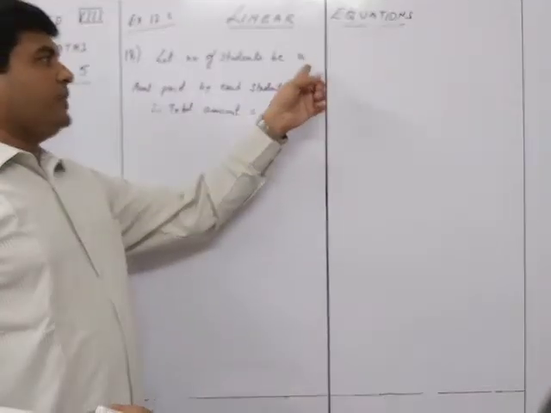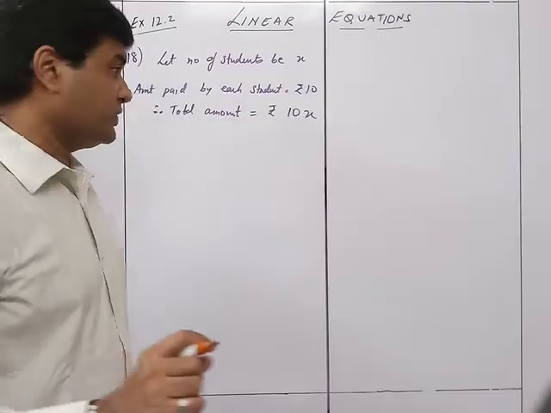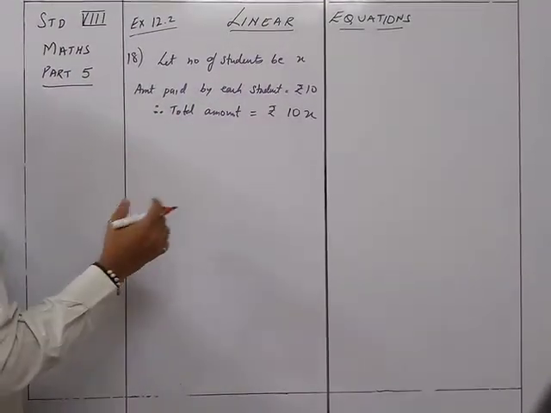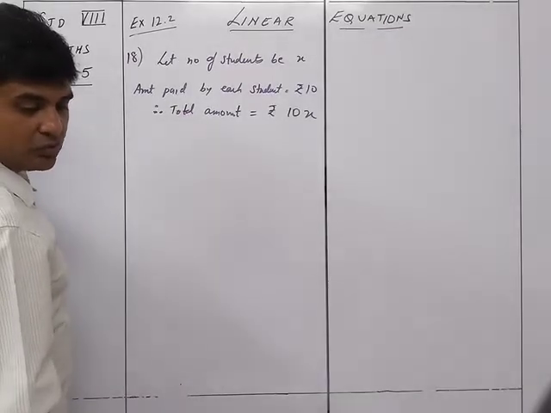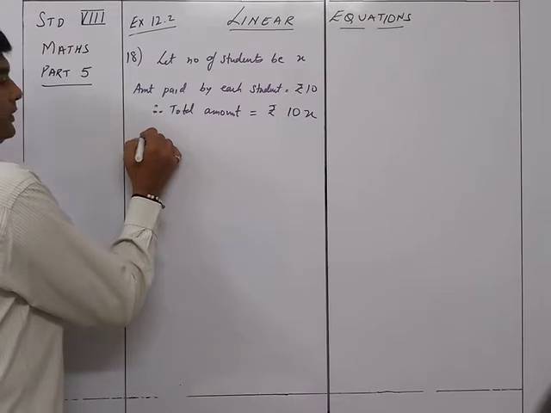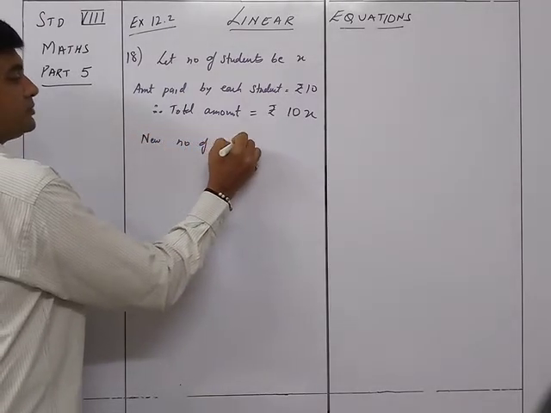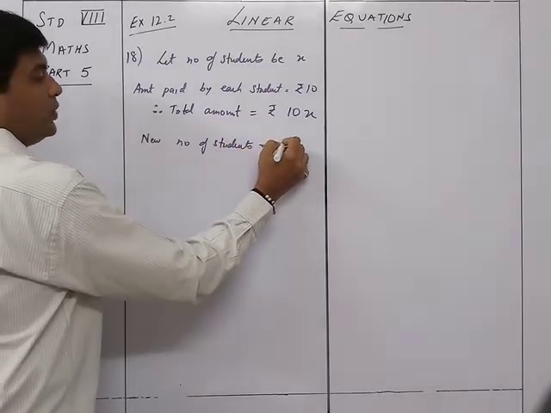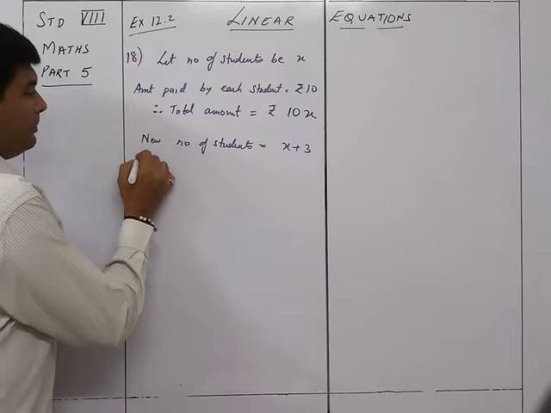Each child giving 10 rupees, x children giving 10 rupees each is 10x. Okay, that was the charges for the board. Now what has happened? There are 3 students more. The number of students who are coming over here is 3 more. So, the new number of students is equal to x plus 3, and the amount paid